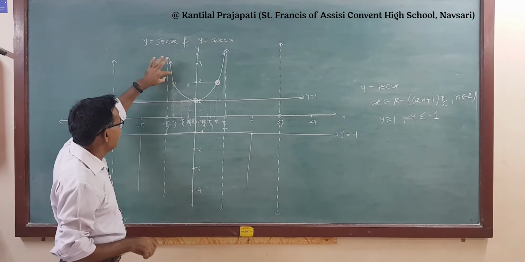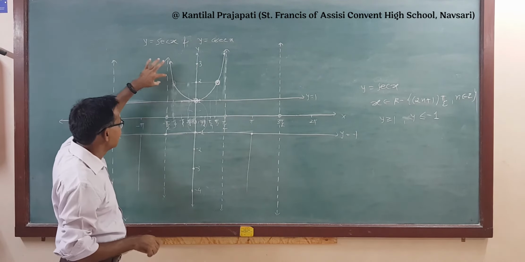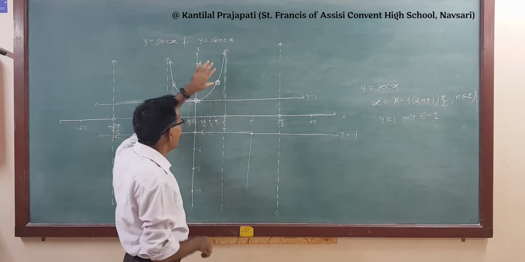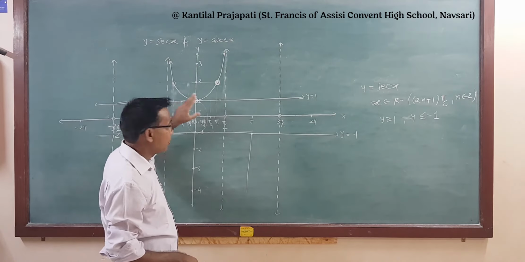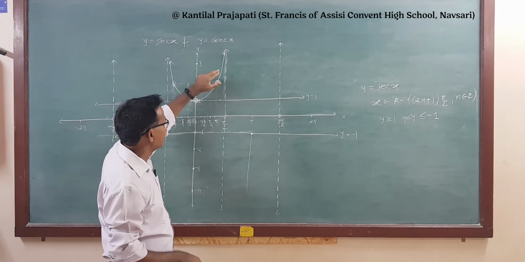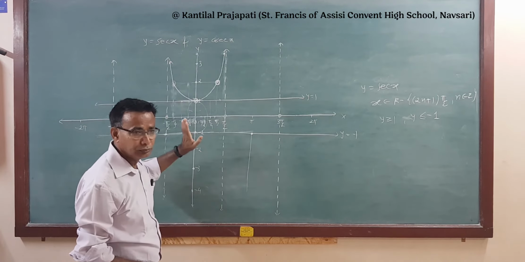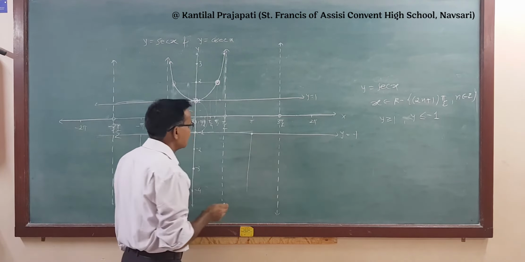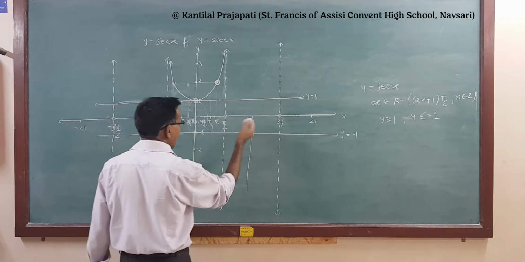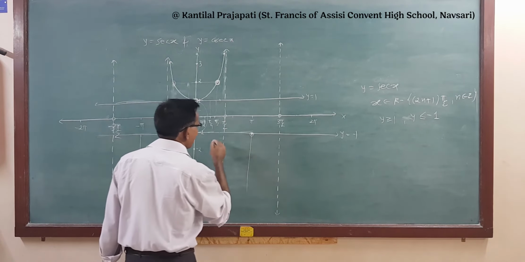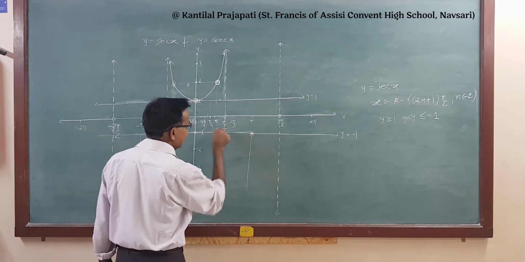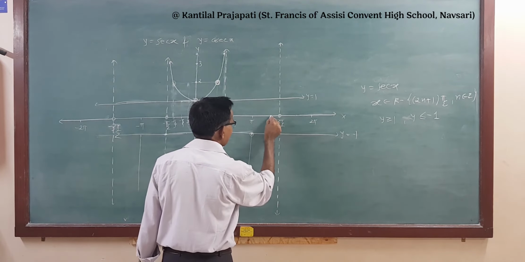The graph of this function and the vertical lines x is equal to minus pi by 2 and x is equal to pi by 2 never touch each other. No point on the line lies on the graph, and therefore we draw a dotted line here, right? Similarly, what is sec pi? Sec pi is equal to minus 1, you get this point. Then at pi minus pi by 3, that is 2 pi by 3, and pi plus pi by 3, you get points here.